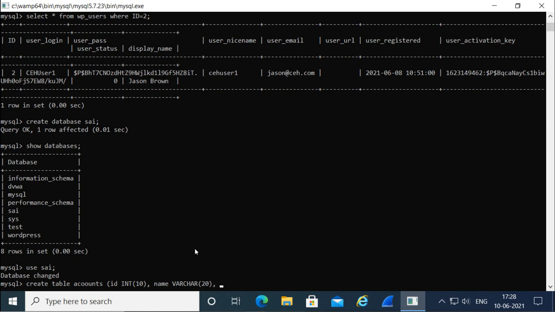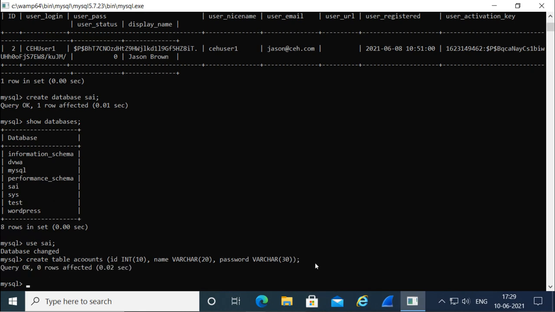Then I can have a password, and this will also be varchar up to 30. So after this I give the last column, close this bracket, and semicolon.